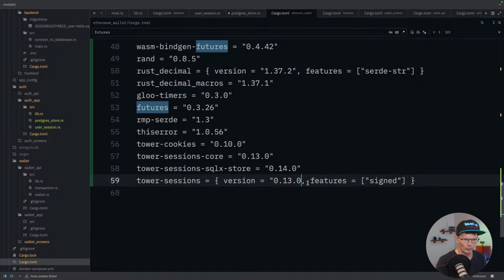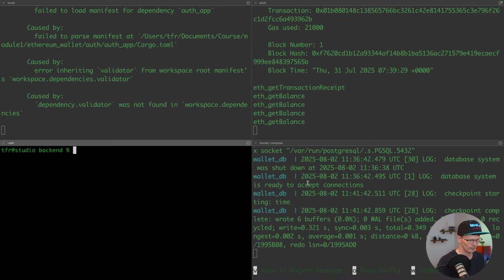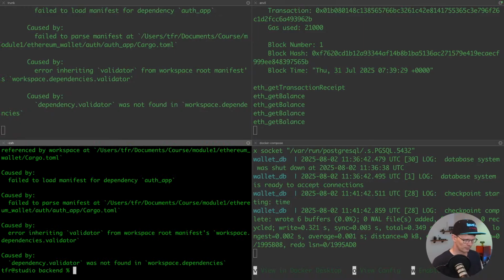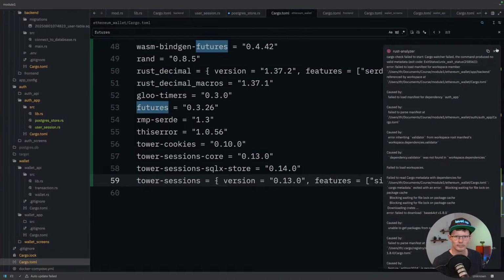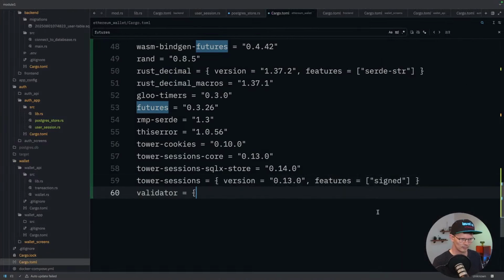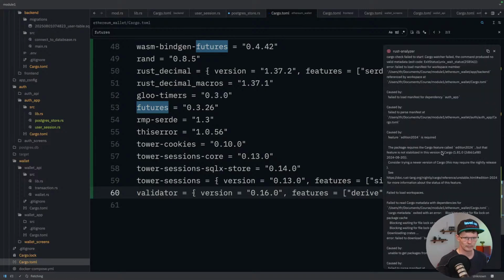Wait, why is it complaining? Oh, we need to close that one. Validator. Let's just see, why do we keep on getting this thing? Failed to load manifest backend caused by,